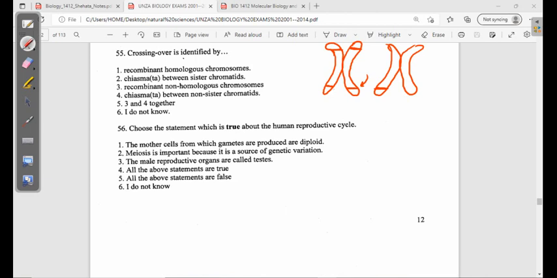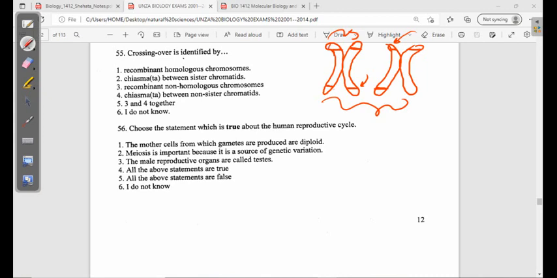But this one will be talking also about eye color, but it might be talking about blue or something, a different color from the other one. Even this one will be talking about the same thing that this other one is talking about. So these two are called homologous, and then these two are called sisters of each other, sister chromatids. And so when crossing over happens,